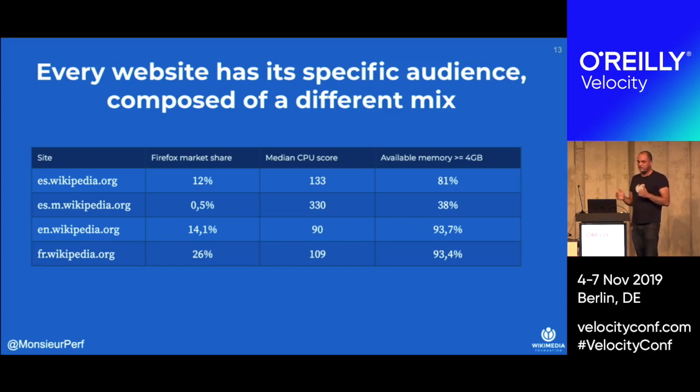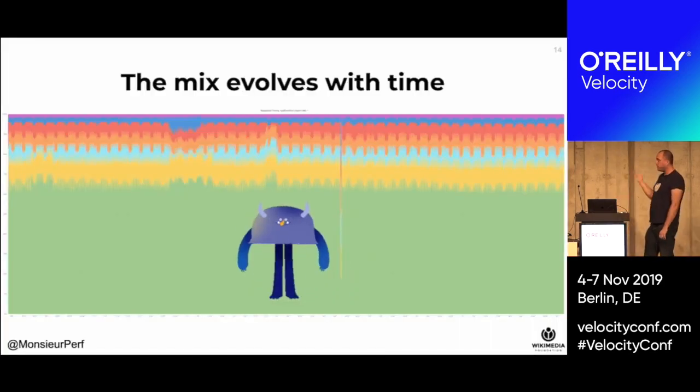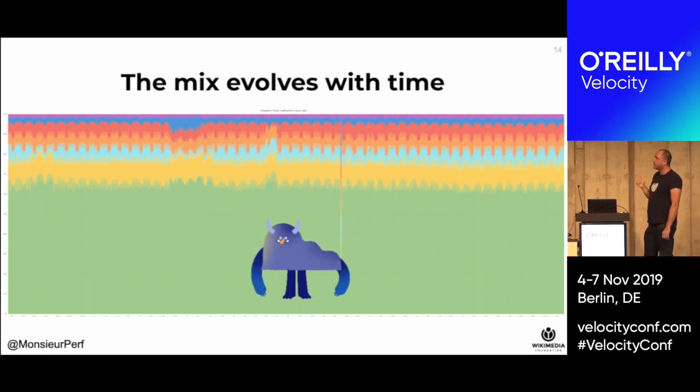Maybe they don't have the same kind of audience as you in terms of capabilities. So if you're just looking at, say, your total load event end or your total first paint compared to a competitor, well, maybe it's not a fair comparison because you're not dealing with the same population of users. And to make that even worse, so this is why this monster is shape-shifting, this mix changes